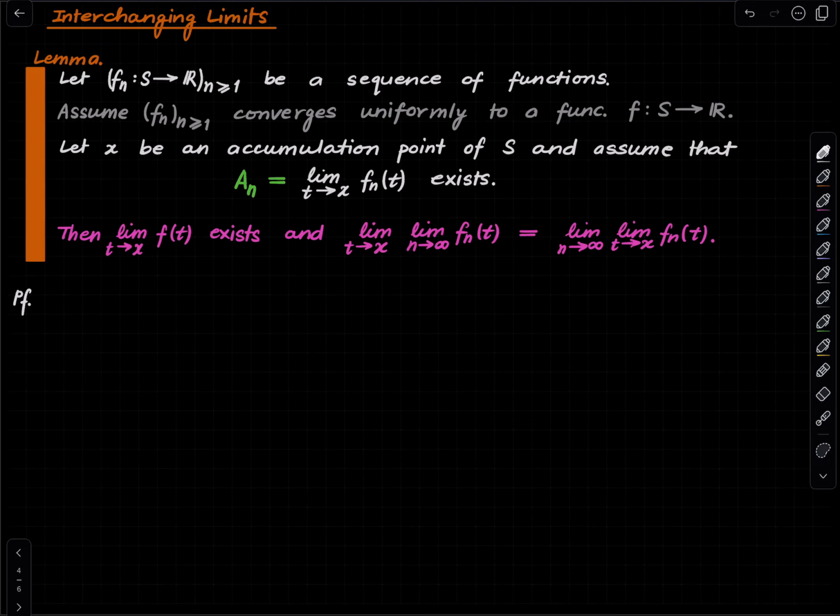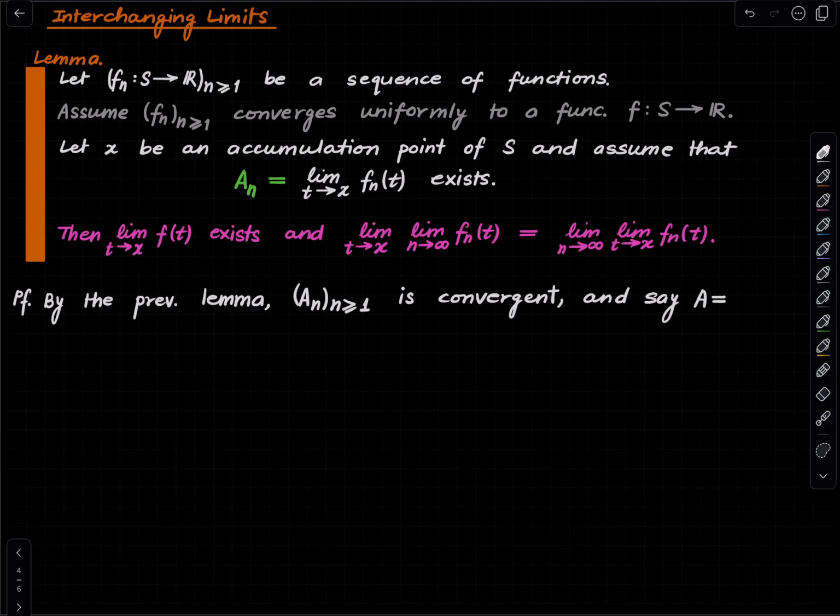So by the previous lemma, this sequence is convergent, and let's say A is its limit. Great. What do we want to do? We want to show that